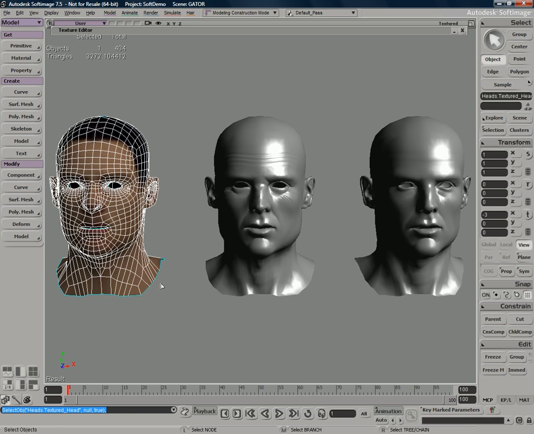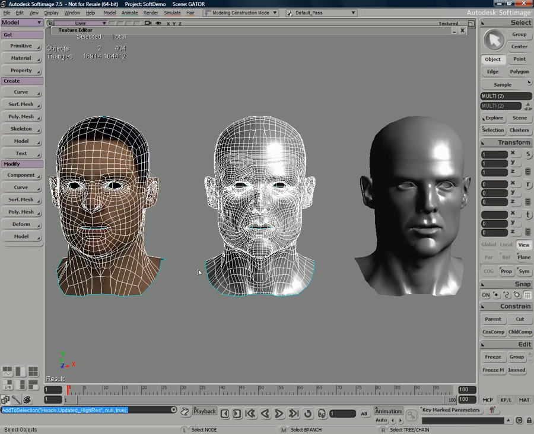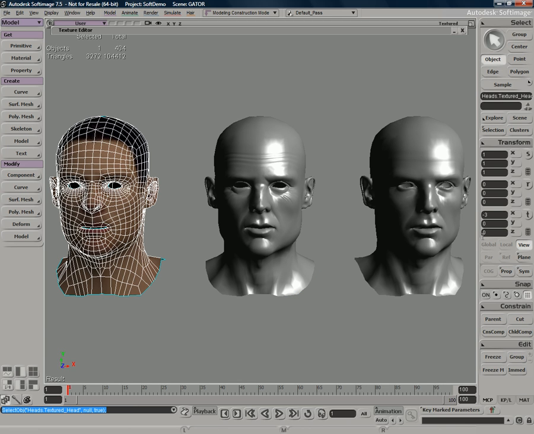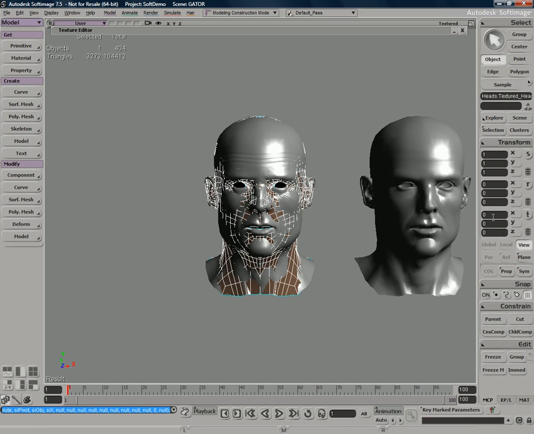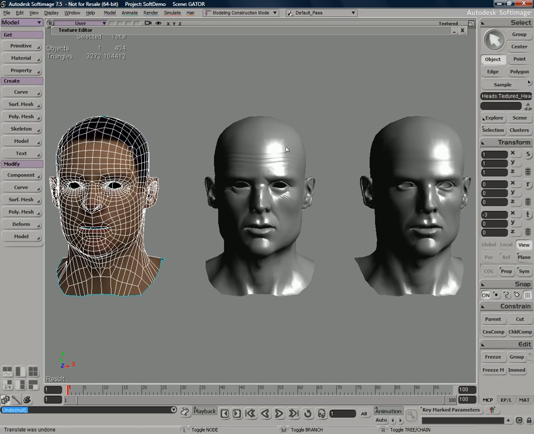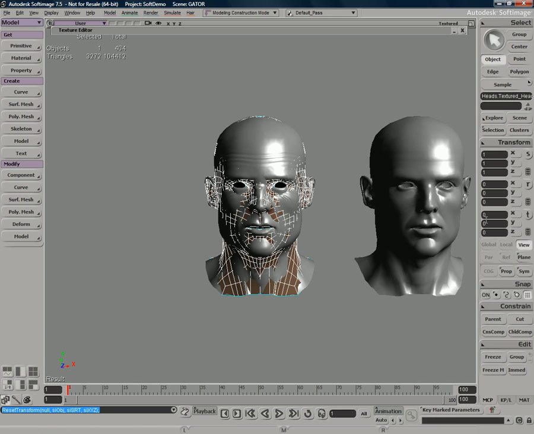Gator works using basically a closest point algorithm. So what we need to do is get the 2 objects, in this case the 2 heads, in the same location in 3D space so that I can lift that information off. A nice hotkey for resetting your transforms: you'll notice this character here has an X value of -3. I could type in 0 if I wanted to there, or if I undo that, a quick hotkey is pressing Control-Shift-R, which will reset the transforms here, the scale, rotation, and translation for your object, back to their defaults and put it at the center of the universe, which is what I've done there.